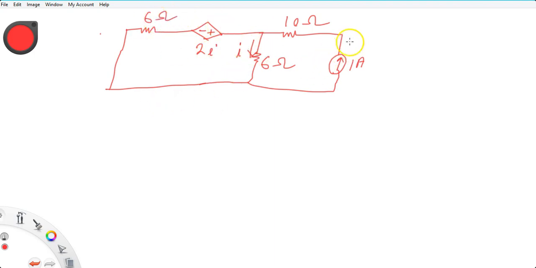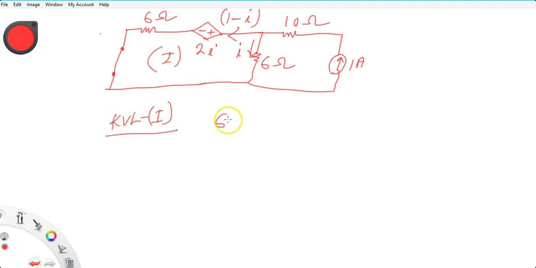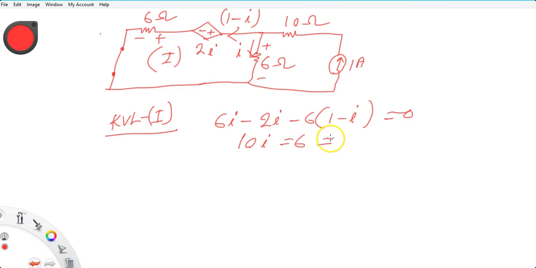I have connected a current source of 1 ampere. I have shorted the voltage source here, and so this current will be 1 minus I. Using KVL in this first loop, 6I minus 2I minus 6 into (1 minus I) equals 0. So you have 10I equal to 6,